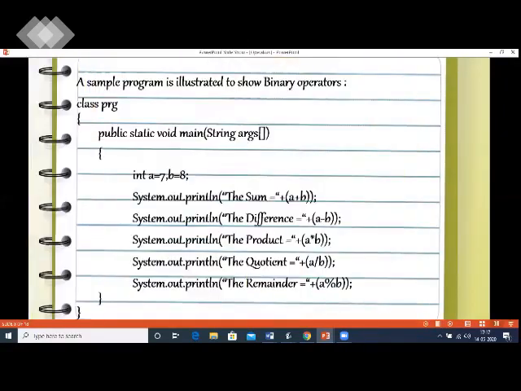Now this is an example of a program that illustrates binary operators. There are 5 types of binary operators that you need to know. Variable A has the value 7 assigned to it, variable B has the value 8 assigned to it. You can see "The sum is" is the message in System.out.println. Plus is the concatenation operator over here. The first plus is the concatenation operator. Within brackets, there is an expression A plus B, which is concatenated with the message. So the result will be the sum equals 15. The difference equals -1. In that way, it goes on.